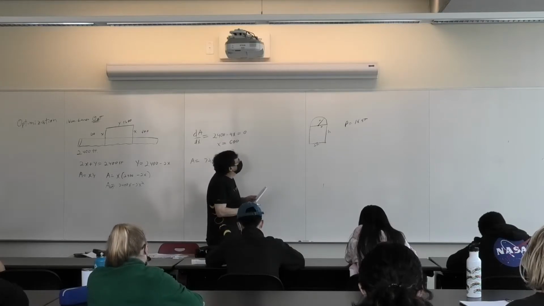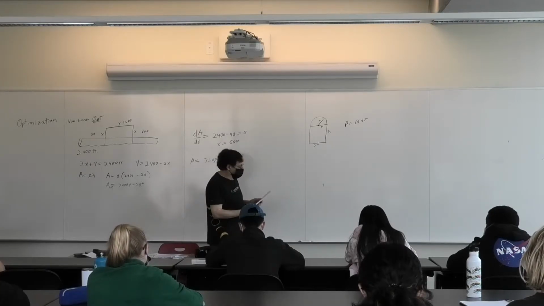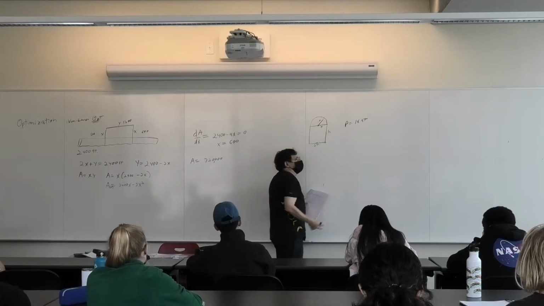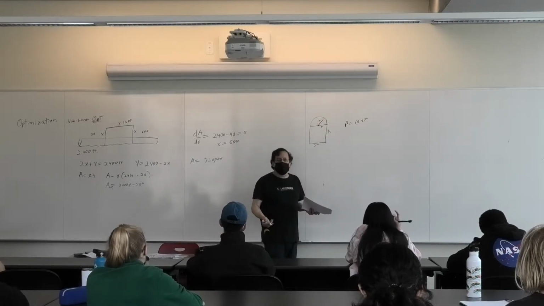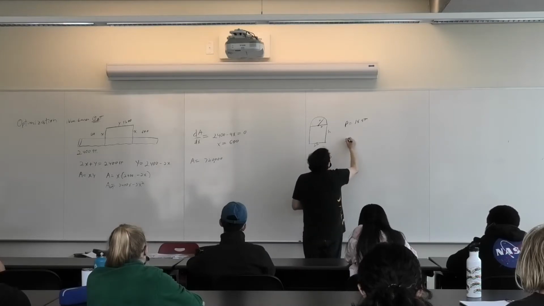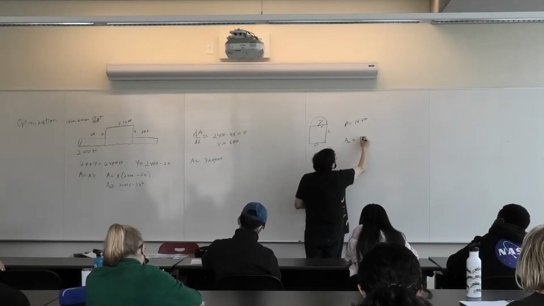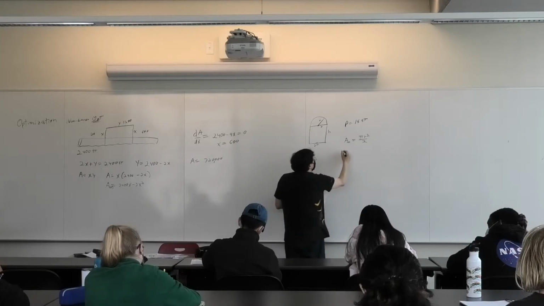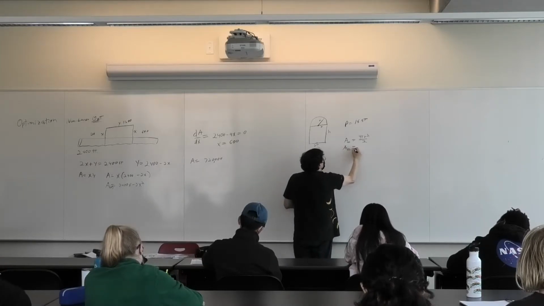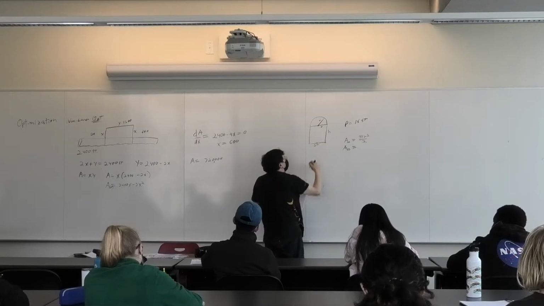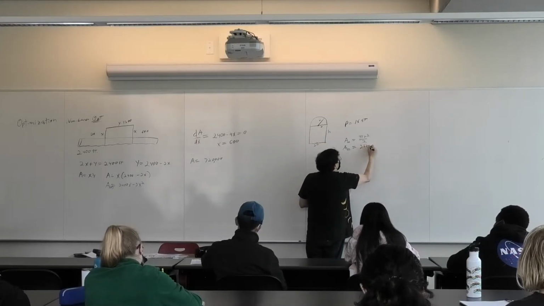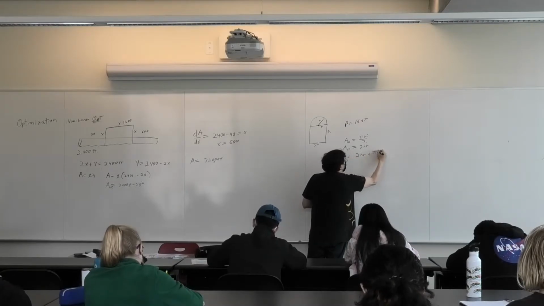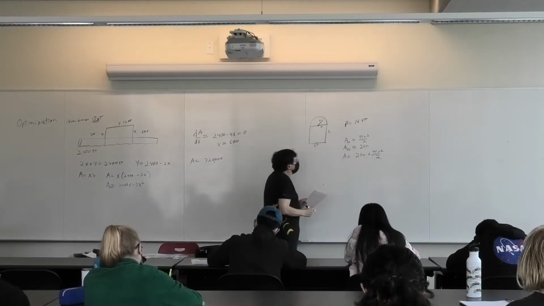So we want to start writing down some things we know from geometry. The area of a full circle would be pi r squared, but the area of the semicircle is just going to be pi r squared over 2. The area of the rectangle is just length times width, so it's 2hr. So the total area is just this sum, 2hr plus pi r squared over 2.